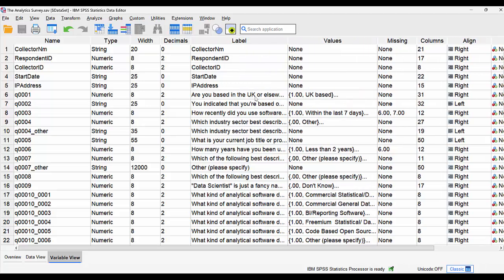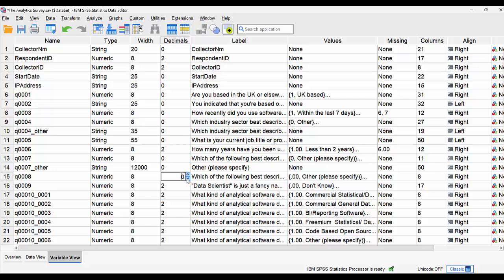One little thing to bear in mind is that it does tend to, by default, format them as numeric 8.2. That means it adds 2 decimal places to it. And most of these fields don't need 2 decimal places. It doesn't need to be 1.00, it just needs to be 1. It doesn't really make a difference analytically, but it can cause issues if you wanted to, for example, export your data as a Microsoft Graphics object. It can cause issues there. So I do tend to change them, instead of 8.2, change them to something like 2.0 or something like that,